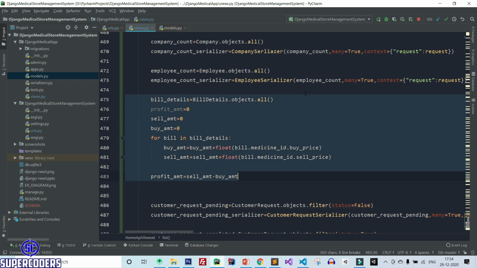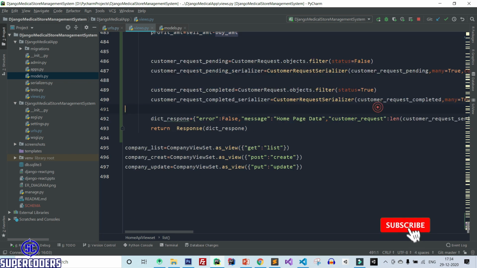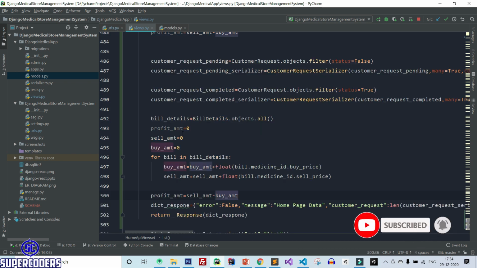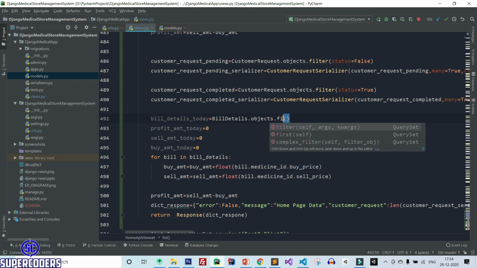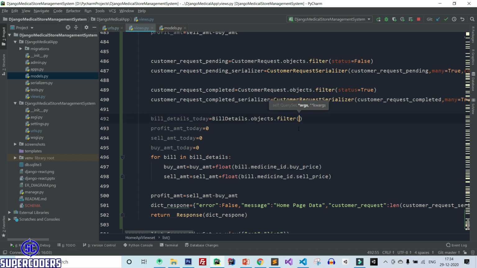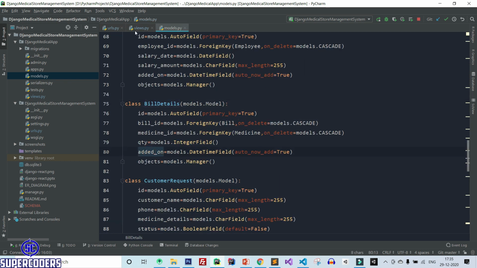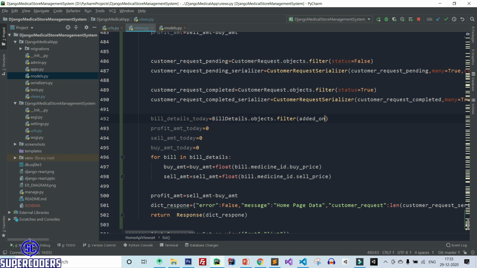So profit amount today, sale amount today, and buy amount today, and bill details today, and here pass filter, then we need to pass the date. So here is added on, so added on equal to, let's pass the date.